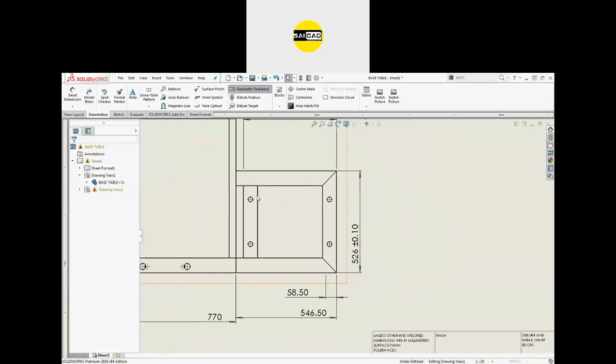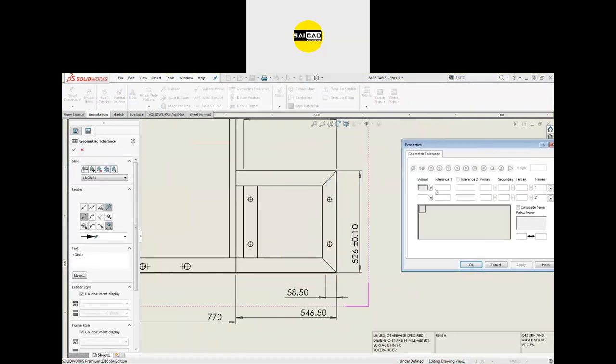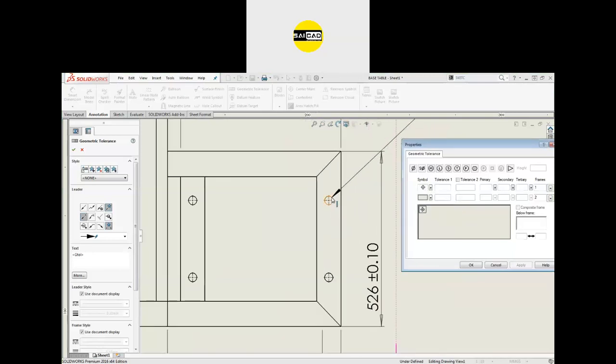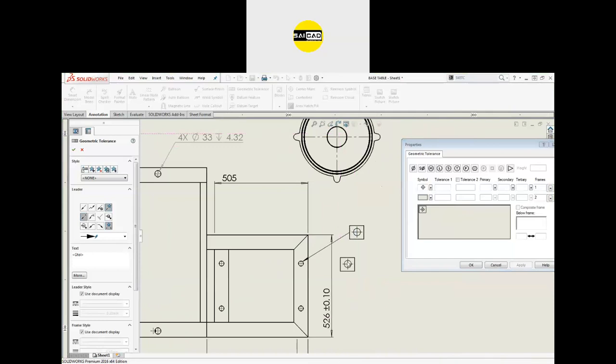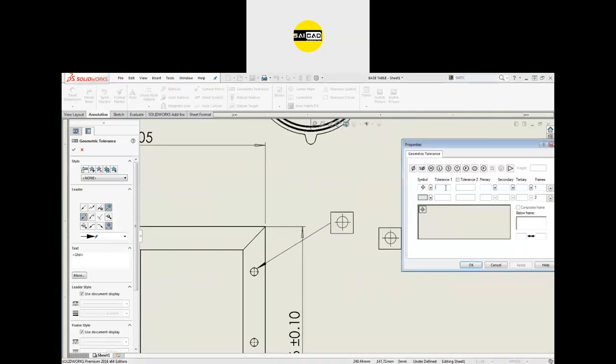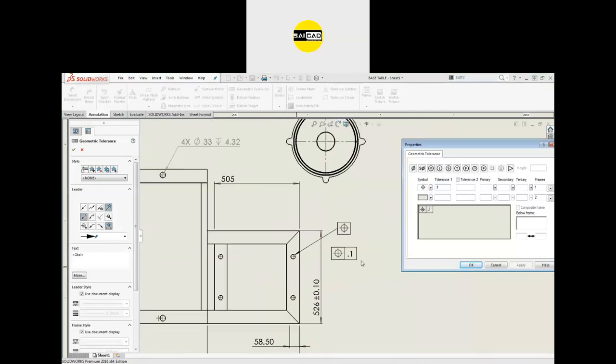If you want to define the tolerance here, the geometric tolerance, you can add some symbols from here, like I want to use the cylindricity or the circularity or the flat face or the total runout or the runout. You can do that. If you want to define the position, so select here, okay, for the position symbol. And what will be the tolerance? It will be plus minus like that, or it will be 0.1 like that. So we have to define the tolerances from here.